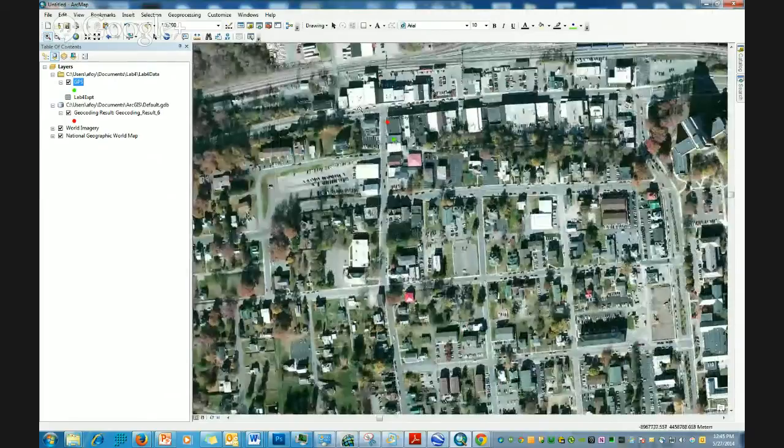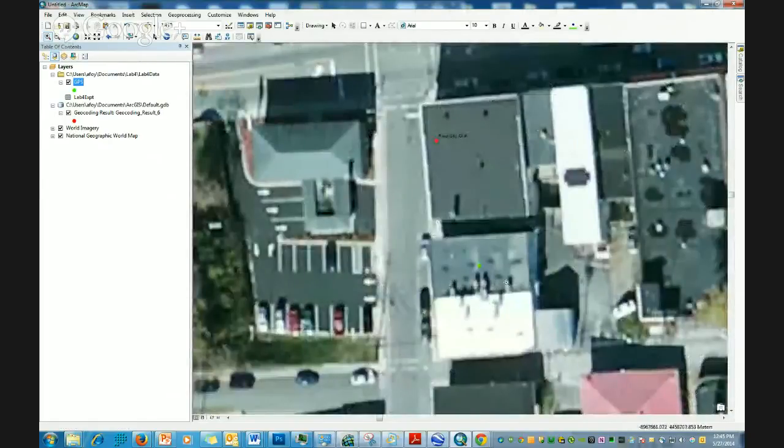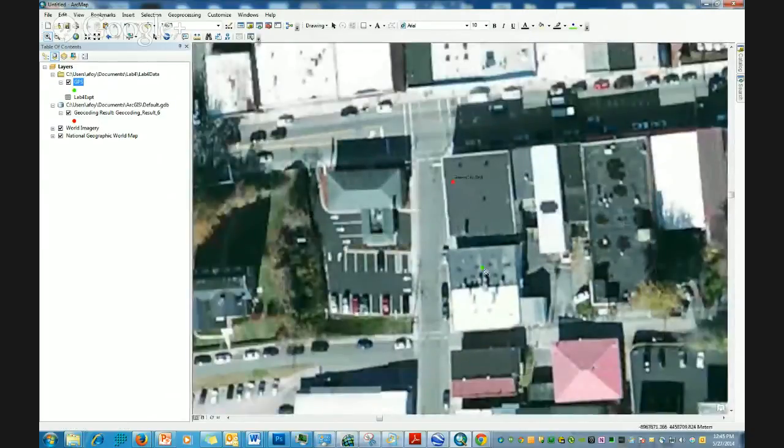Okay, so now we'll zoom over here to River City Grill, and we look at this. Now, let's see, I happen to know that the River City Grill is actually closer to right here. So this is a different building altogether where that particular GPS point was plotted. So something happened either with my cursor in Google Earth and where I plotted the map, or again, we could have some discrepancies between the data. So in this case, I think the geocoding data resulted in a better realization of where River City Grill is